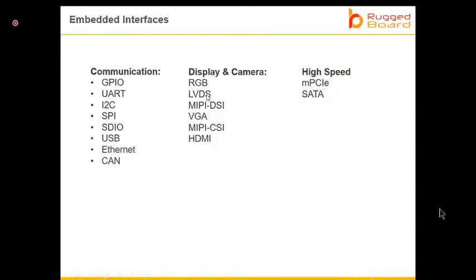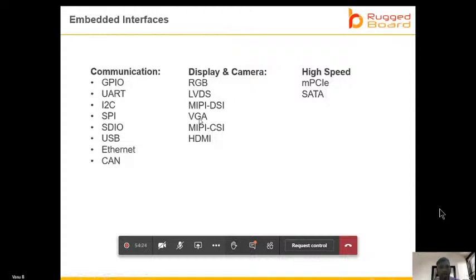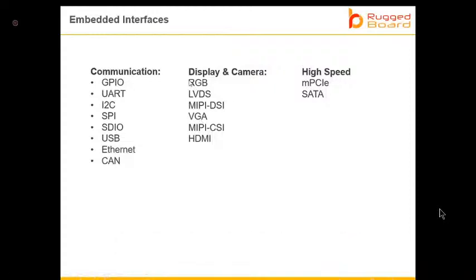Then the next display interface came because of the mobile market. MIPI is more a mobile processor standard. DSI stands for display serial interface. Similarly, you have the same standard for camera serial interface basically. VGA is the legacy one, which is more analog. Normally you have RGB data, and you need a DAC, a digital to analog converter. This DAC will generate your RGB analog signals, which can be connected to the monitor, right? And then you have HDMI, which is a digital interface, and a very high speed interface.